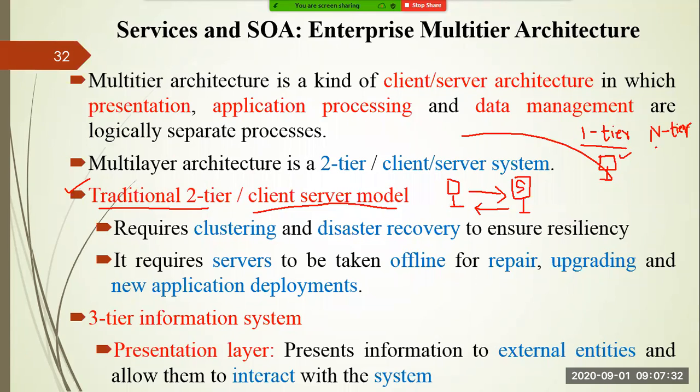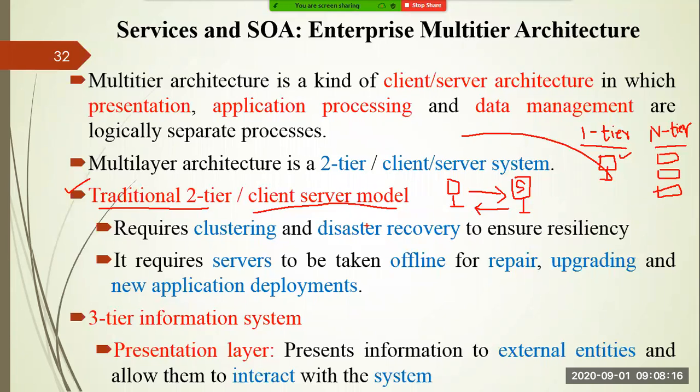You can say the first layer is responsible for this work, the second layer for other work, and the third layer for other work. So we do a lot of separation so that maintenance and monitoring are easier. Complexity will increase, but everything is smooth because each layer is responsible for some work. Like in the OSI ISO reference model, you have the physical layer, data link layer, network layer, transport layer, session layer, presentation layer, and the last one, the application layer. These layers' responsibilities are different, their protocols are also different, and the responsibility given in data transmission is also different, so that if there is any problem in data transmission, you can easily identify it.